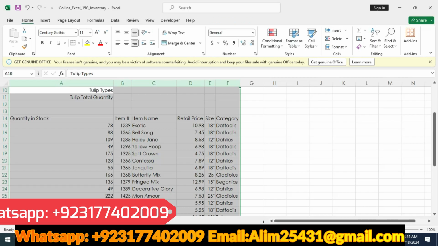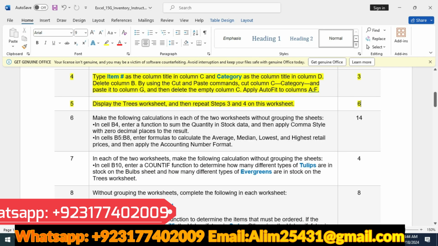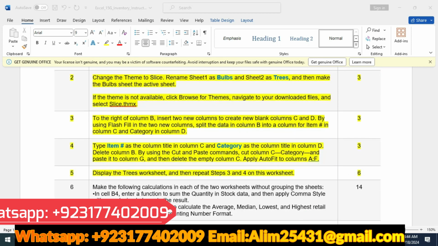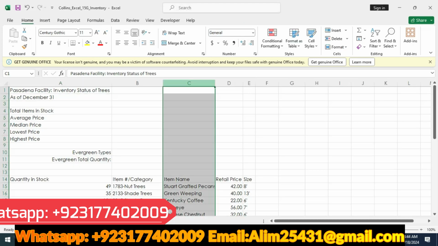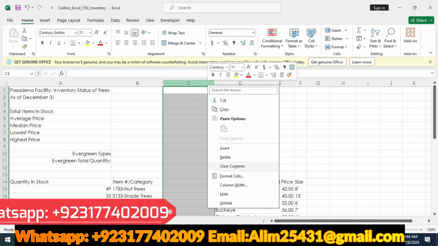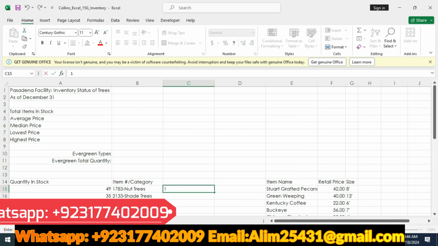So we will go to the trees worksheet. That's our trees worksheet. And what is here? Then repeat the third and fourth step on this worksheet. So repeat the third and fourth step. So we will here insert two columns and use flash fill here,